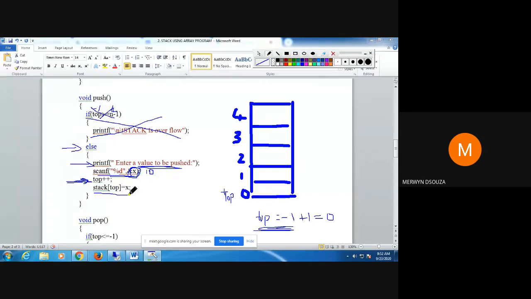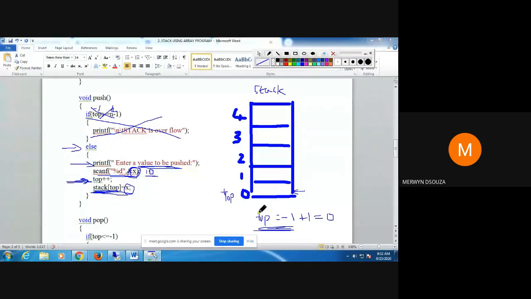Next line, this array name is stack. In the beginning I've already told you that. So now what I do, I want to insert this value 10 in this array at index 0. So this line here does that. The value 10 is contained in this variable x, that I store here in this array.